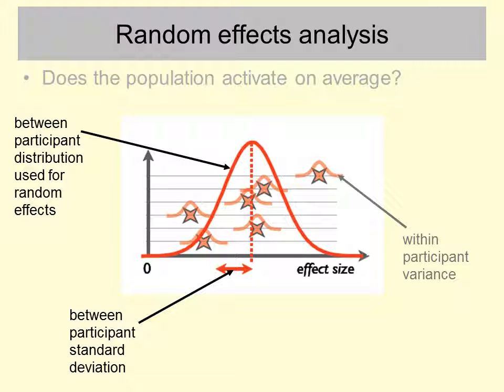Now all it is just the standard deviation of the individual participant effect sizes or cope magnitudes, okay? And that can be contrasted with these within individual participant variances that I showed you earlier. So in the random effects analysis, we're going to use the between participant standard deviation to calculate our error term, whereas in the fixed effects analysis we were only using the